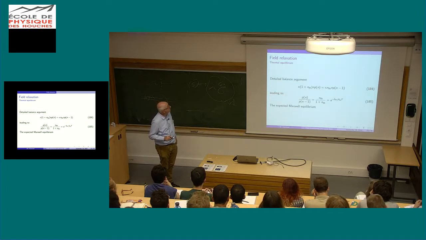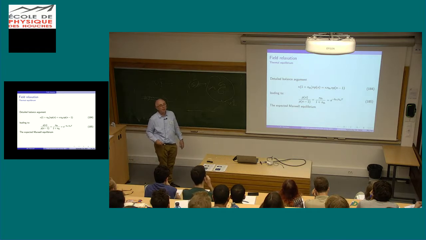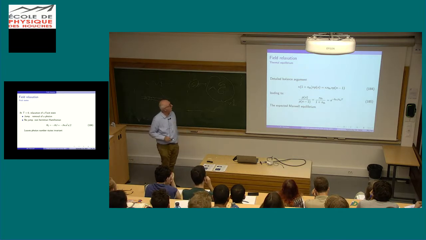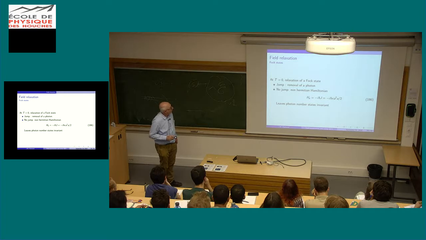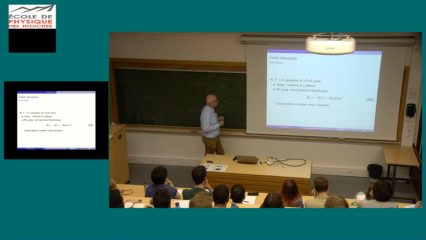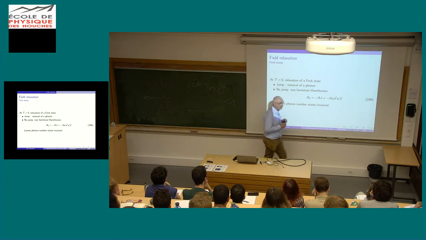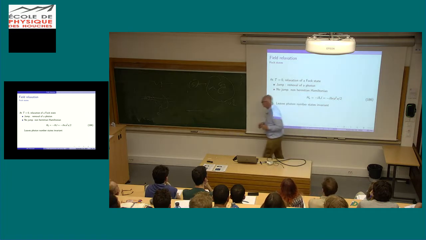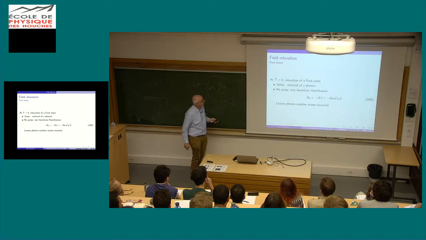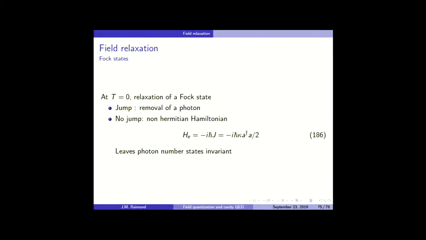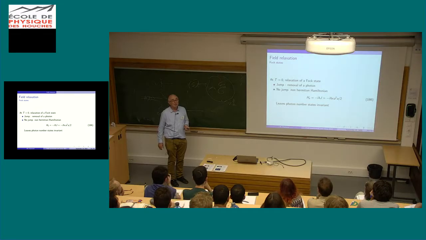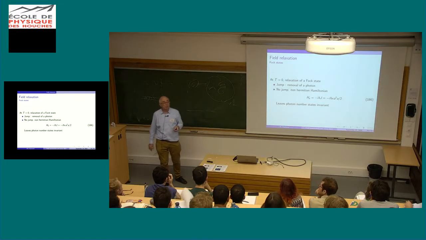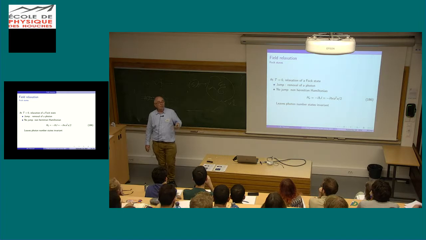Okay, if you look at the steady state, you get a Boltzmann distribution. The steady state is a thermal field. Let's look at the Fock state. How does a Fock state relax? At t equals 0, I start in a Fock state, and I look at a quantum trajectory. If I go one step,